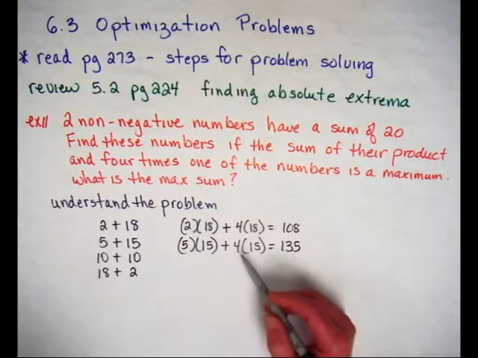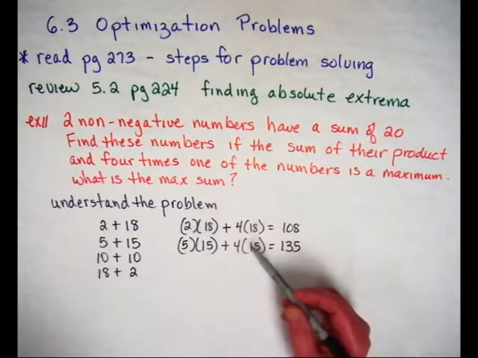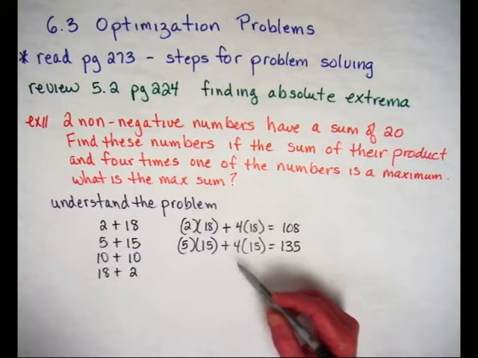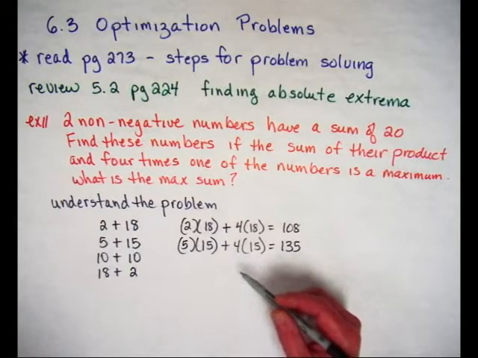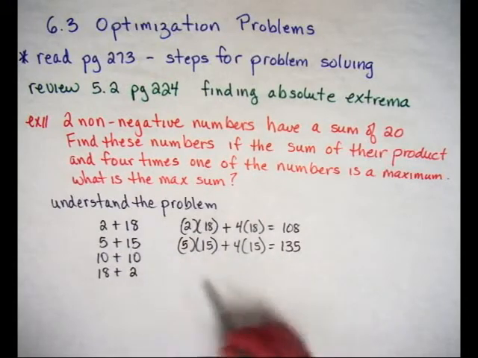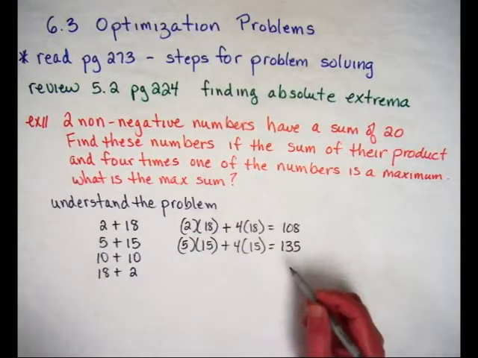Now in this case, the question is simple enough. We could just pick every possible combination of numbers that give us 20, and eventually we would find the right pair. But the purpose of this unit is to teach you how to do this mathematically using a combination of algebra and calculus. So again, the reason why I like doing this understand the problem thing is, at this point,